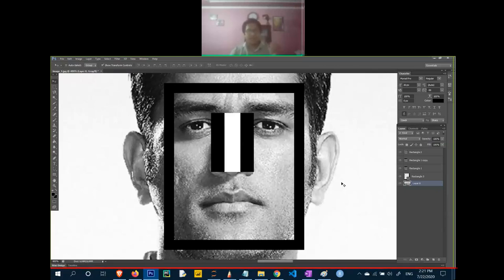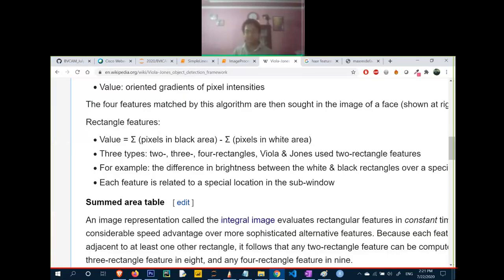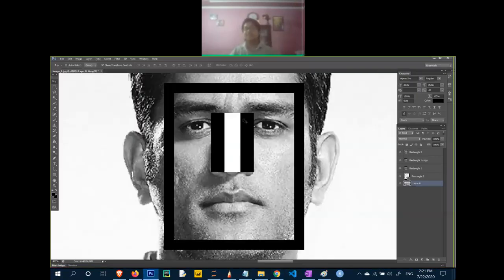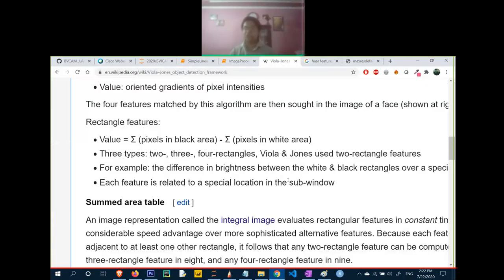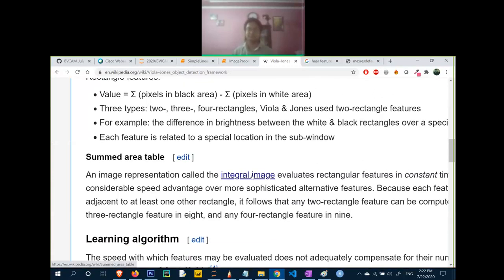Okay. So now finally we get to know that there is a sliding window which keeps on moving on the image, checking Haar features one by one, doing some mathematics. But this was a very time-taking concept. Just imagine doing this sum of pixels in black area minus sum of pixels in white area for this Haar feature. You will be applying that mathematics to each and every sliding window. So just imagine how much maths it will take, and how much time. There will be a lot of time complexity. That's why they introduced the concept of integral image.